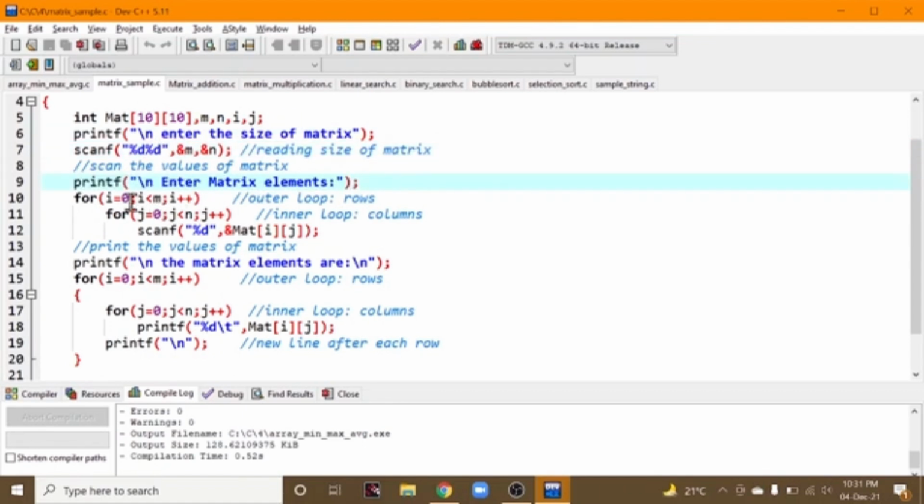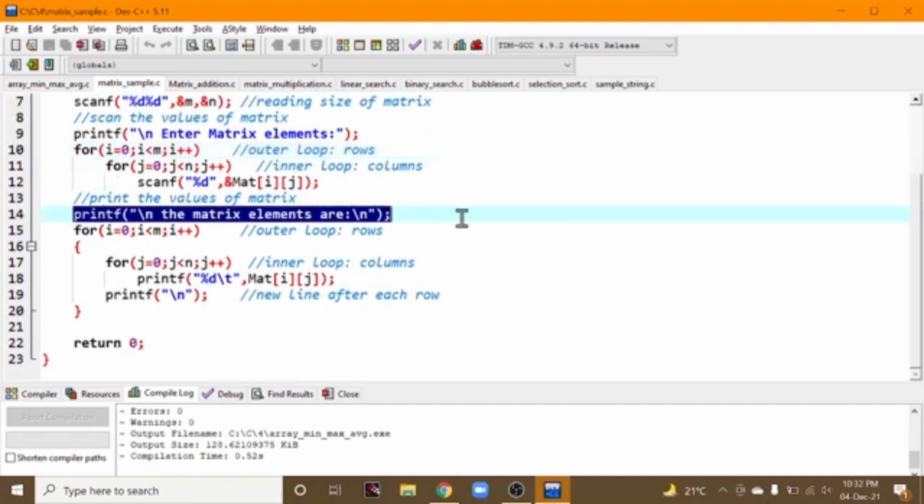And enter those elements. Obviously I said to enter the elements you need to use a for loop. As you know that for loop is very important to enter the elements, because it needs to insert each and every element inside your 2D array. So taking for loop from 0 till m and incrementing, j 0 till n, incrementing, you need to scanf that %d into matrix mat, that is the name of your array, of i and j. 0 0, 0 1, 0 2, in that way. Again 1 0, 1 1, 1 2, again 2 0, 2 1, 2 2, in that way. Okay, the elements are being stored,